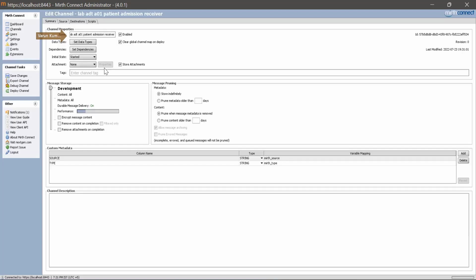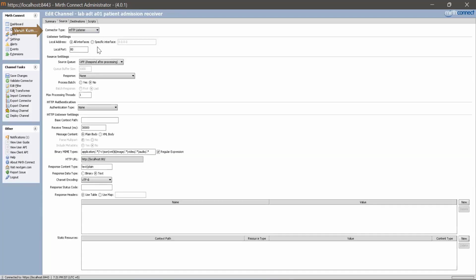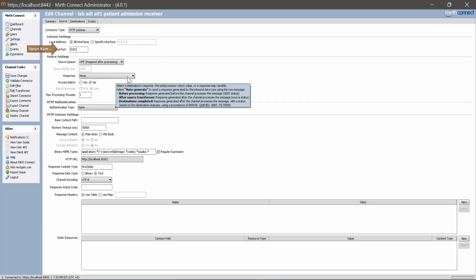And now click on Source. Change the connector type to HTTP. Yes, HTTP is now set. Change the local port to, let us say, 8181. Okay, and that's it for now.